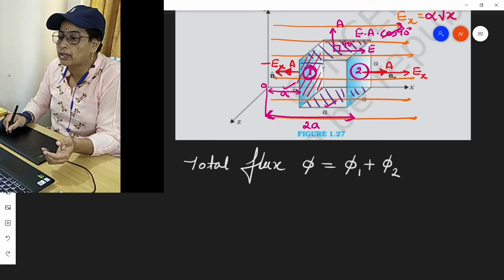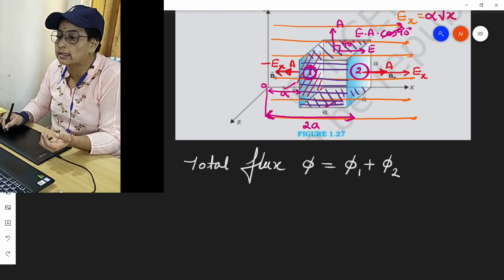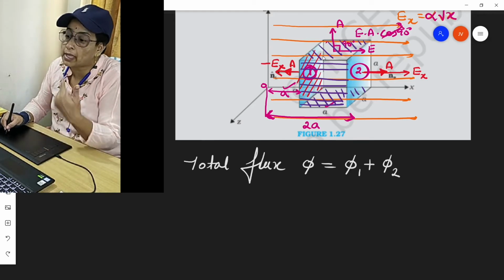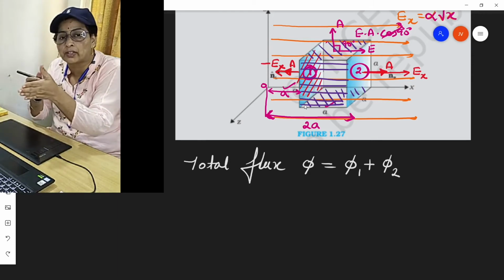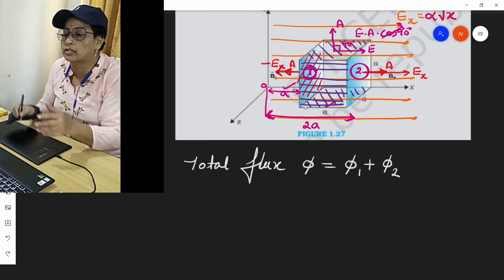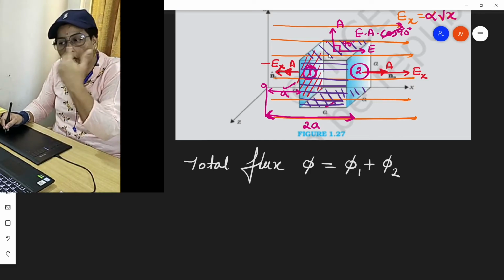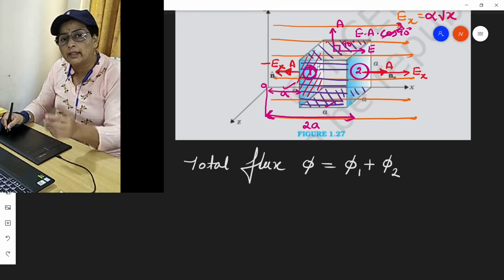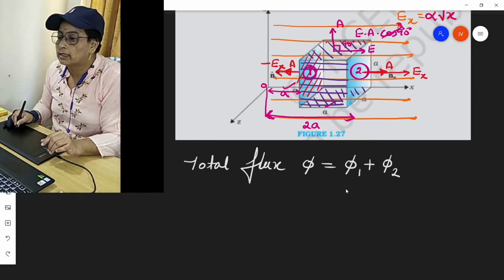On the front face, the electric field is forward and the area vector will be towards us, outward. So the angle is 90. Similarly, for the behind face also, the area vector is radially inward and the electric field is in the right side direction. So the angle between area vector and electric field for all the four lateral faces will be 90. So they are not contributors of electric flux.